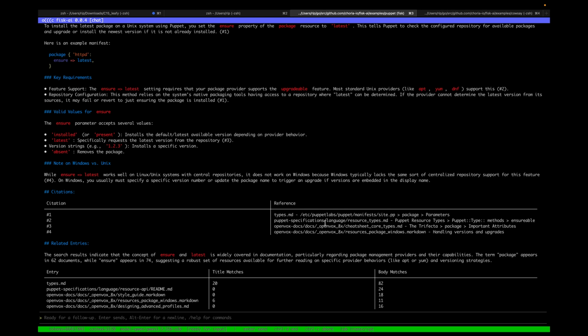And so, for instance, you can see there's a style guide mentioned over here, and it has 24 matches in the body, none in the title, so it's probably not that related. There are 20 title matches for some of the words we searched for, and 82 body matches, and so there's a high chance that it's a related document. And so using this, we're building out the related entries